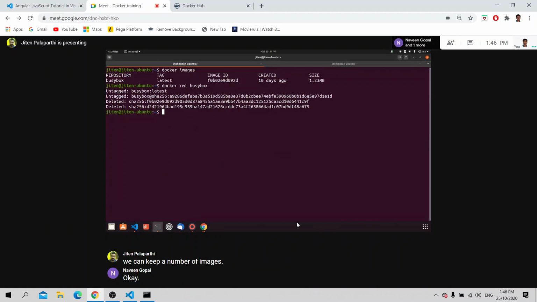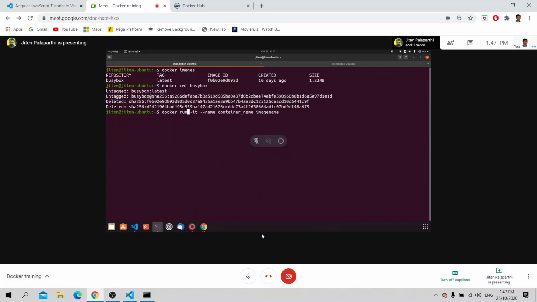Oh, sorry, I forgot. What is the command to create a container? Docker run.